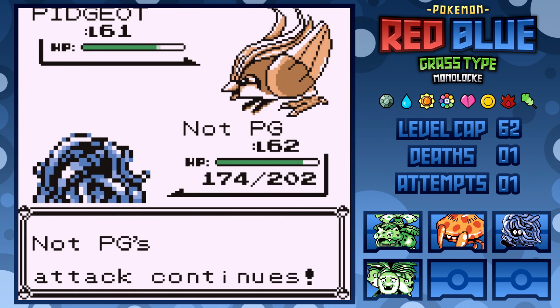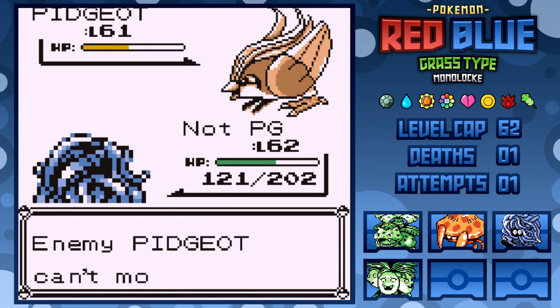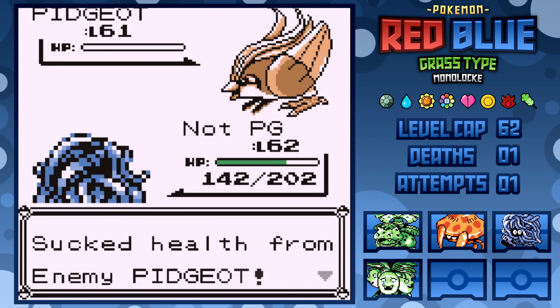Not exactly a problem, since Pidgeot doesn't have a special attack, since I just put him to sleep again, getting off 2 more Growths, and then going into Bind. Sure, I'd take another Wing Attack, but eventually I'm able to finish off Pidgeot with Mega Drain at the end,